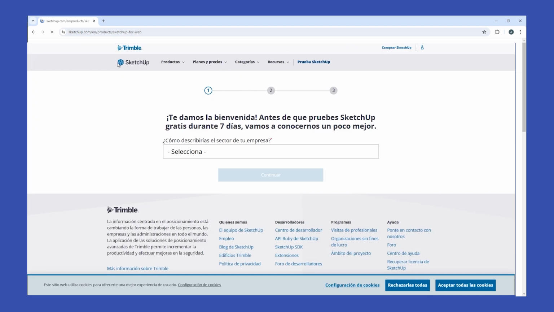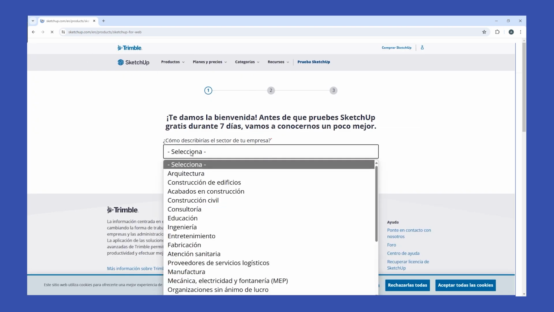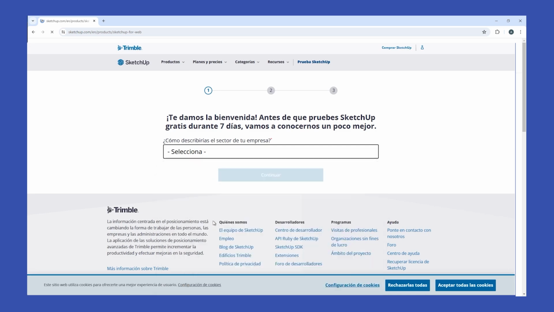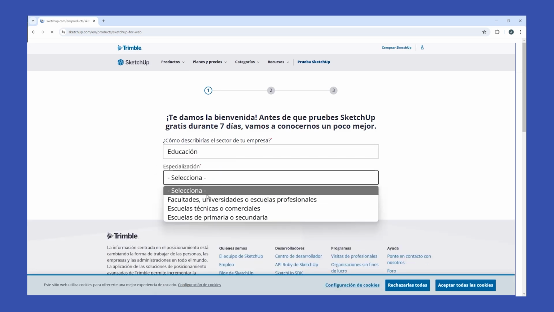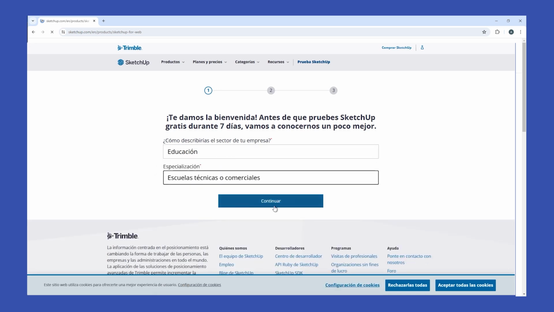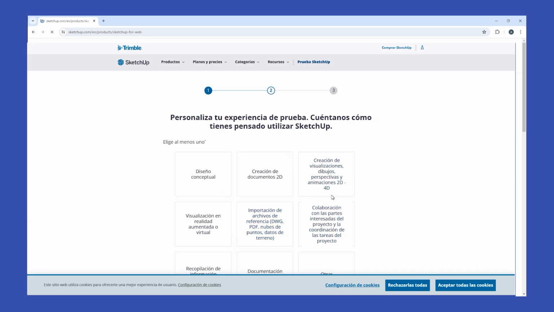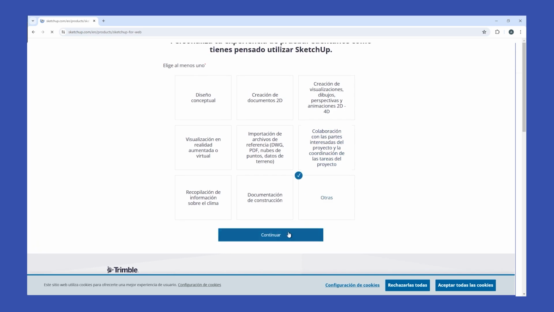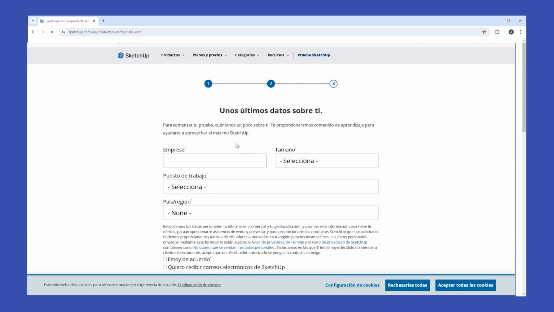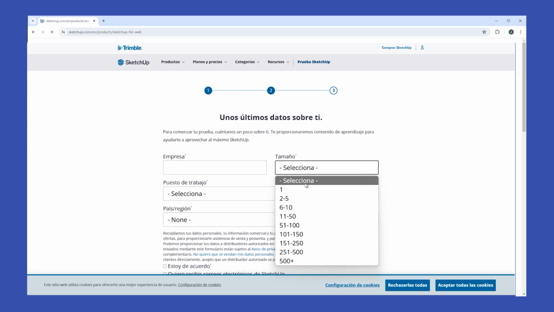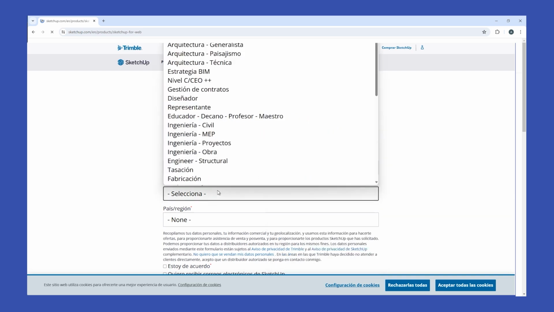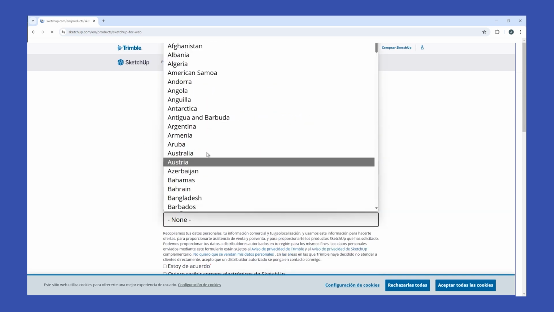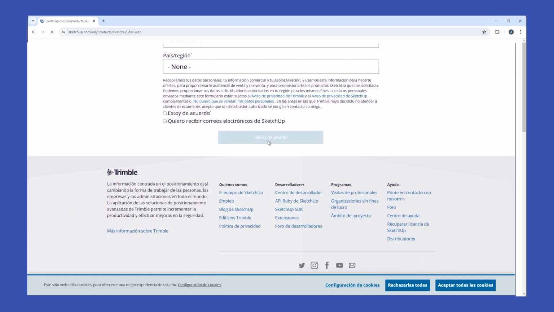Finally, before your trial begins, you must answer these questions. For example, I'm going to select Education, and here I'm going to select Technical Schools, and then click on Continue. And I'm going to choose Others in this case, and then click on Continue. And now you have to type in the name of your company, the size, the job you do in that company, and the country or region. And finally, when you finish completing all of this information, you will be able to start a trial for 7